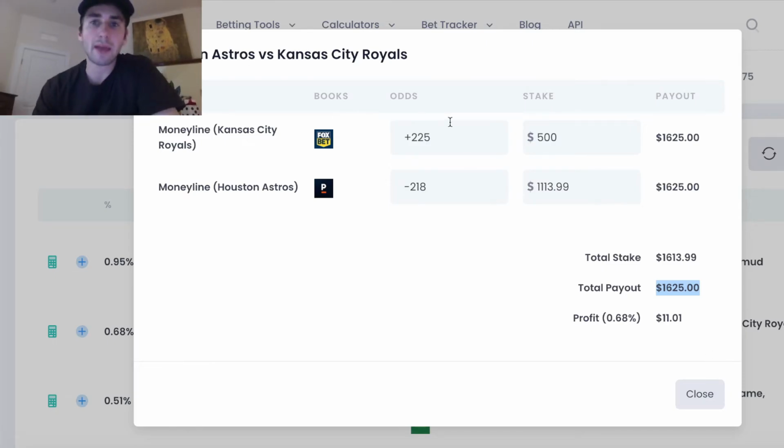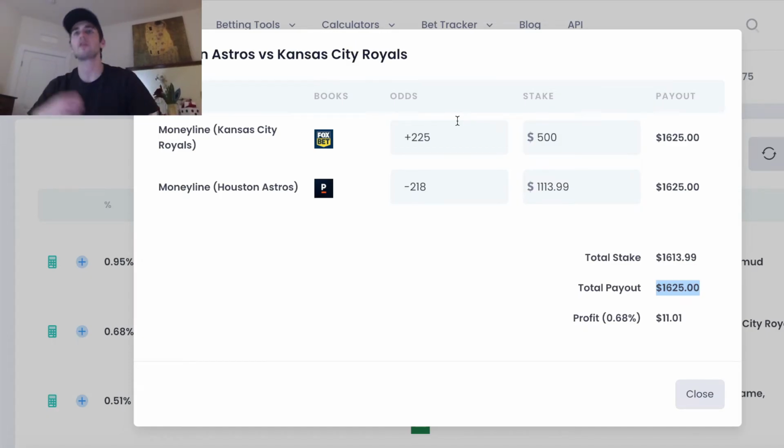So you need a bankroll to get started, and you also need multiple sportsbook accounts. We said this in the initial video, right? Sports betting is not an ATM machine. You're not going to get rich quick. If you think you're going to get rich quick, just go play the lottery. It's not going to happen. Sports betting is a game of earning 2%, 3%, 1% returns on a daily basis and watching that grow and grow and grow, compound and compound and compound.